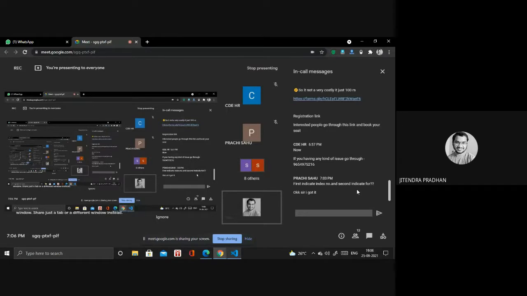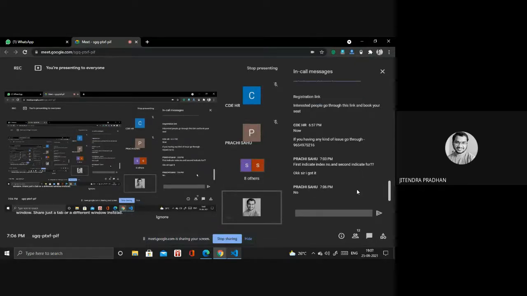Okay, we already did that. First indicates the index number and second indicates... Okay, Prachi ma'am, are you asking me about the slice method? Slice? Which one are you asking?